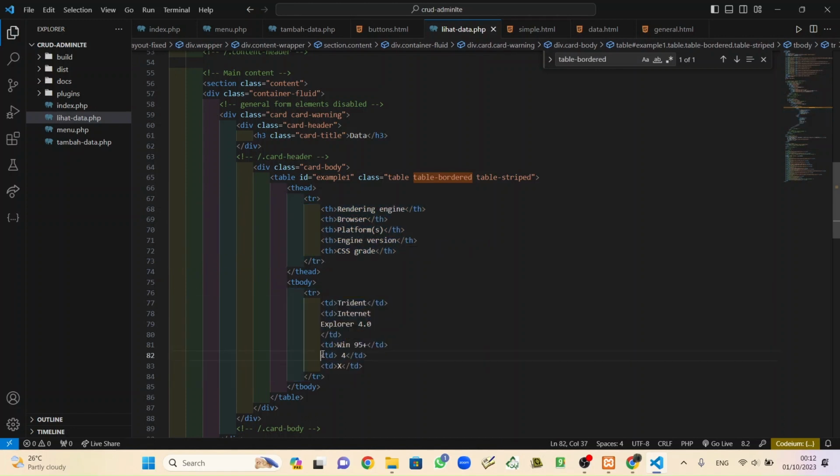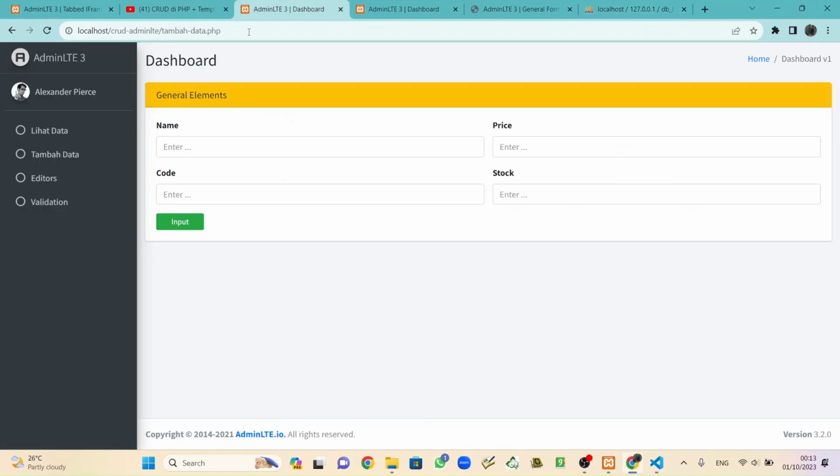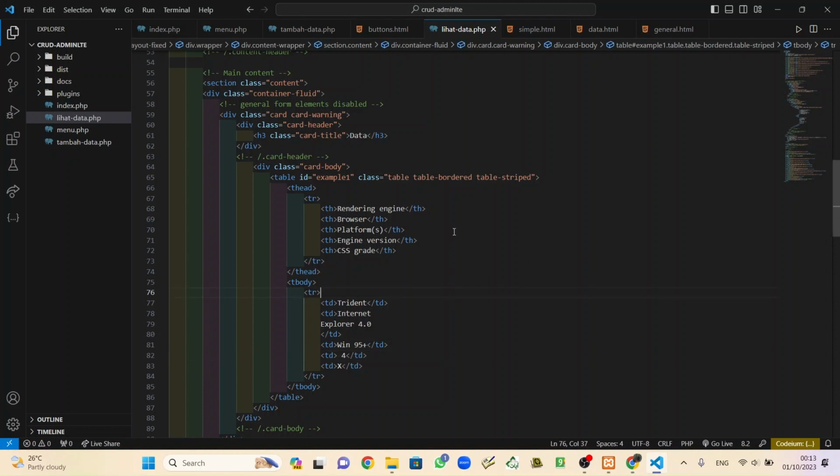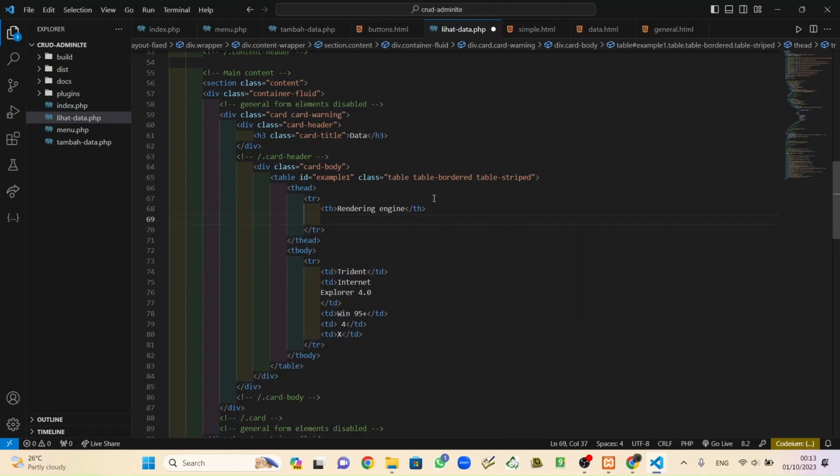Save, Control save, close, check again here, lihat data. Okay, so we just need one table data and make that looping. Before we do looping, move this and also this. We'll change the first with no or number.